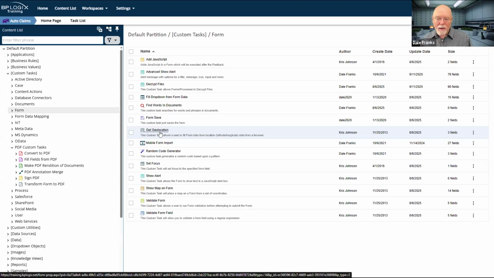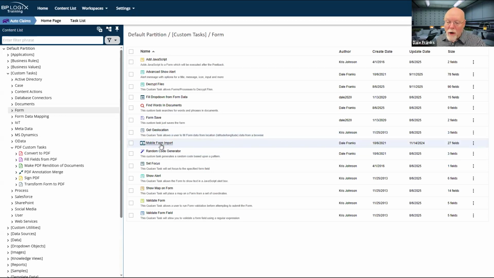That's what it does. It was basically designed for municipalities who have a lot of inspectors who are running around with mobile devices. And if they are doing code infraction stuff and handing out citations, they need to be able to geolocate the exact location where they've handed out that citation or where they have seen some sort of violation of city ordinance, building codes, whatever it may be. And what get geolocation does is when they run the form, it actually gets their location from the mobile device and places it in the form in terms of their GPS coordinates. You just wouldn't use it in a process timeline.